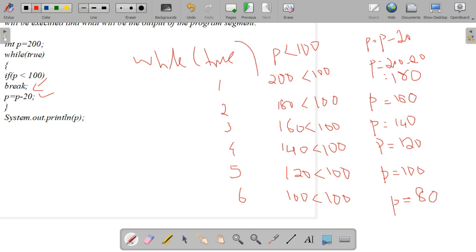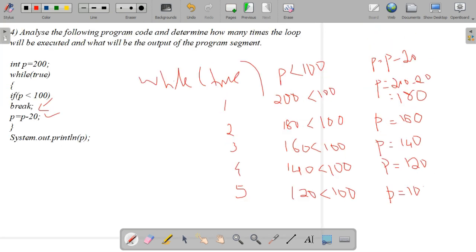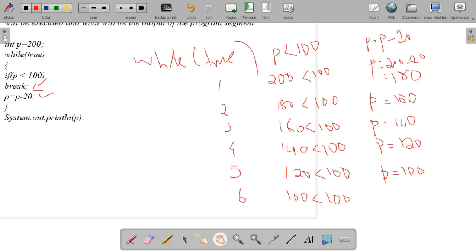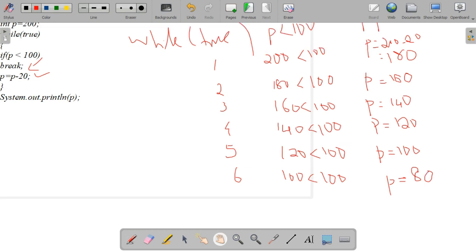The fifth time the loop is executing: 120 less than 100? No, so the value of P is 120 minus 20, that is 100. Again in the sixth time, 100 less than 100: the condition is false, so we continue the same.